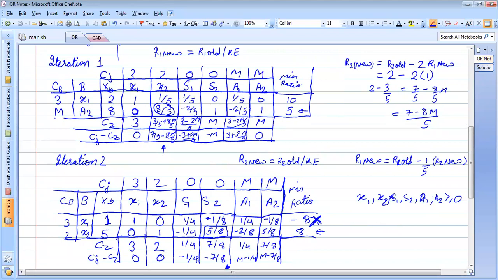And which variable will be replaced? So X2 is going to replace A2, isn't it? That is, the key column variable is going to replace the key row variable.